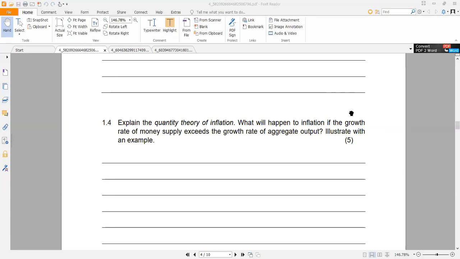So what does that mean in terms of our question, what will happen to inflation if the growth rate of money supply exceeds the growth rate of aggregate output? Obviously first there will be a definition. You need to guide me here, because I'm just reading my solutions from my exam, Frank. So I gave that definition, and I also mentioned that the inflation rate is equal to the percentage change in money supply less the percentage change in income.